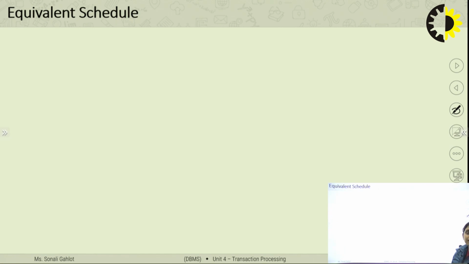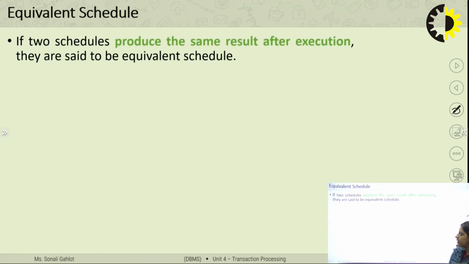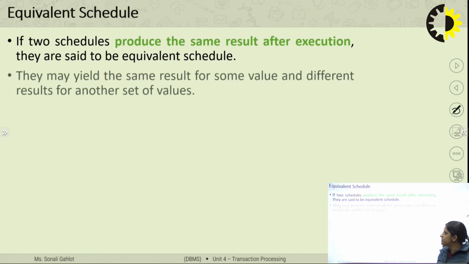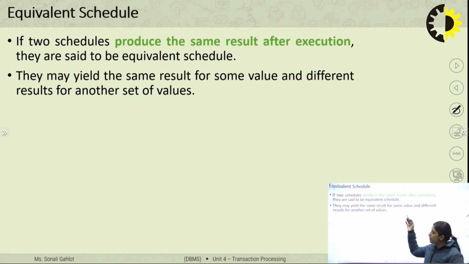Now the next topic is equivalent scheduling. It means if two schedules provide the same result after execution, then they are said to be equivalent schedules. It means they may yield the same result for some values, or a different result for another set of values. Suppose we are taking two examples of scheduling, that is